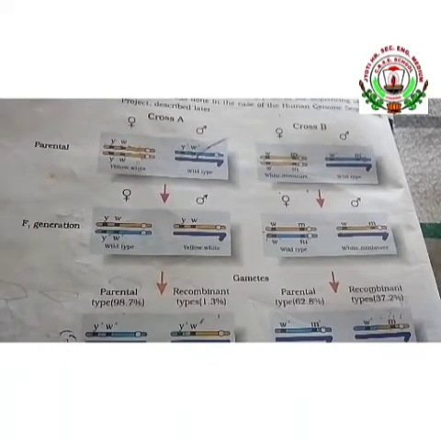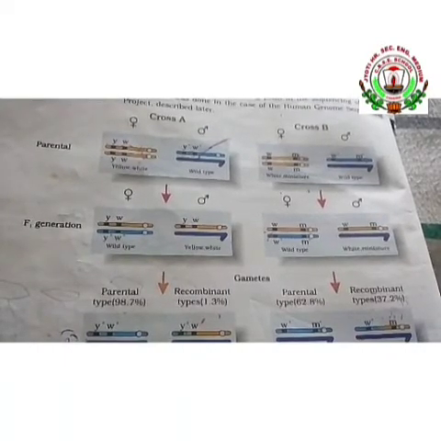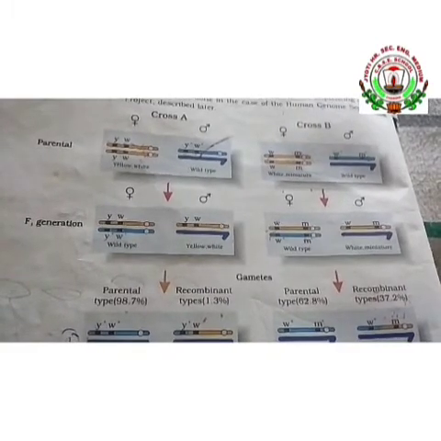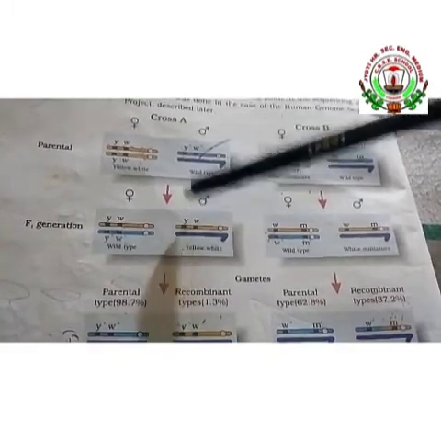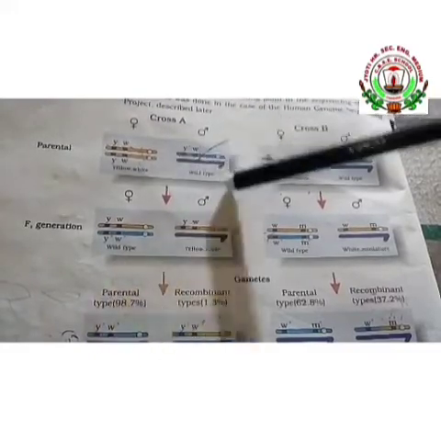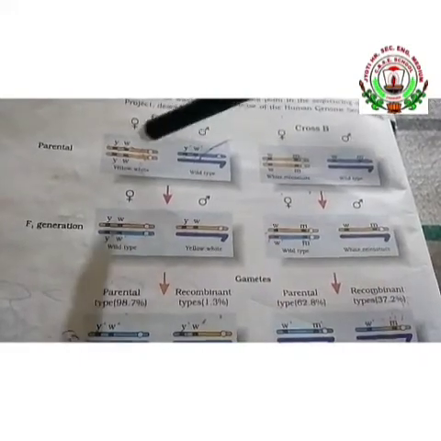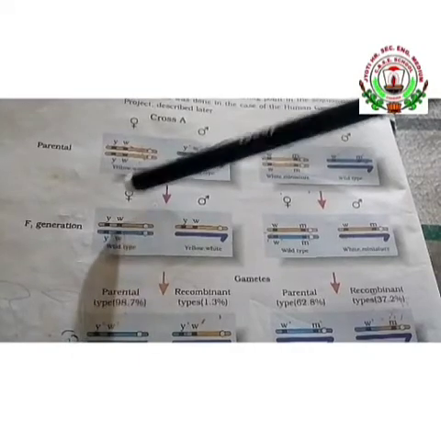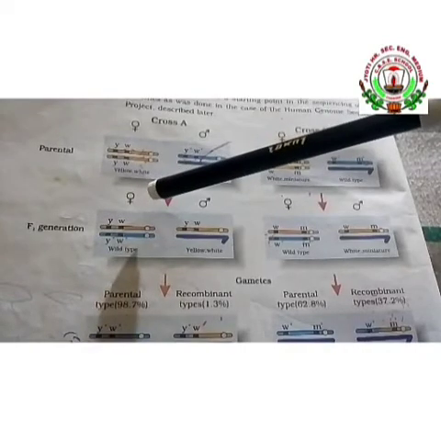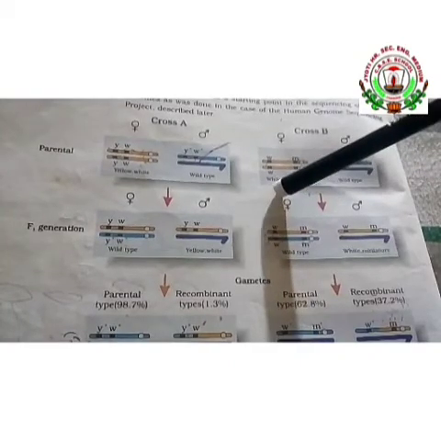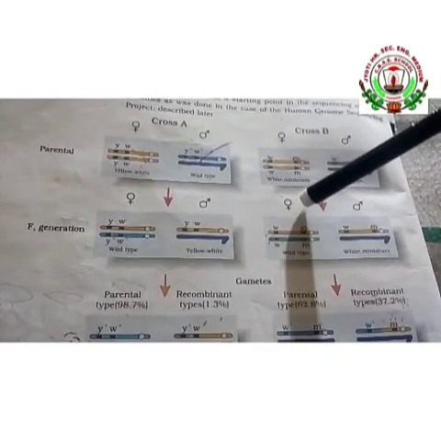And if the distance between two genes is less, then there is less chance of crossing over and less chance of recombination. This we can study through a diagram. You can see here a cross is done between two fruit flies here and another two fruit flies. The characters taken are two different characters: the color of the body and the color of the eyes, and here you can see white and miniature wing. Miniature wing is another character.